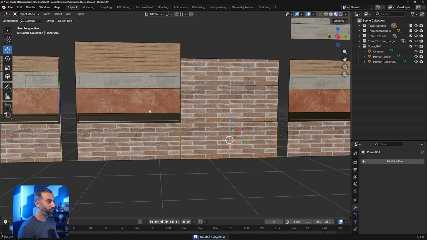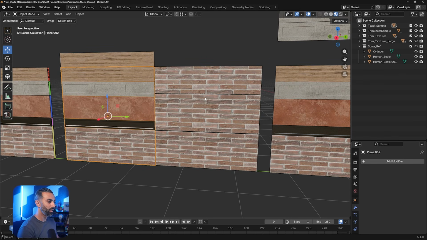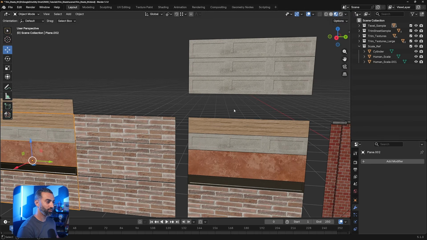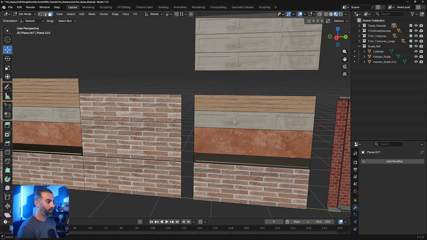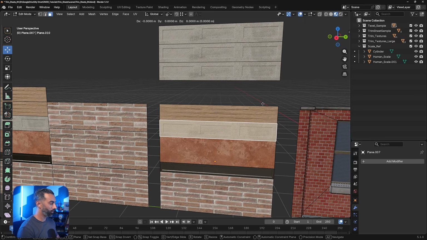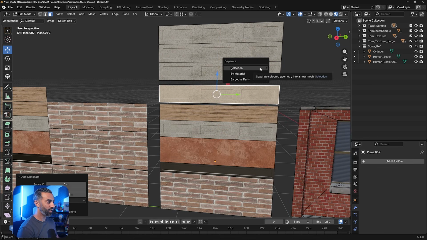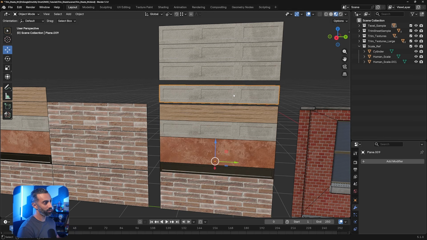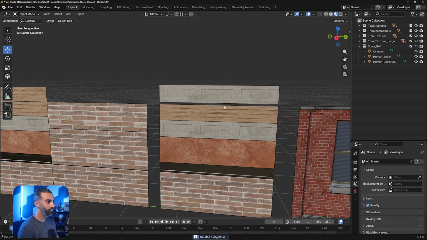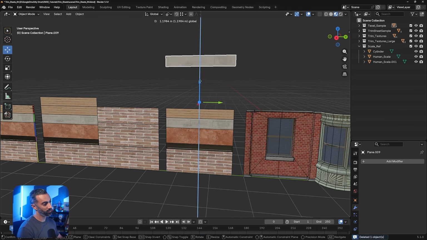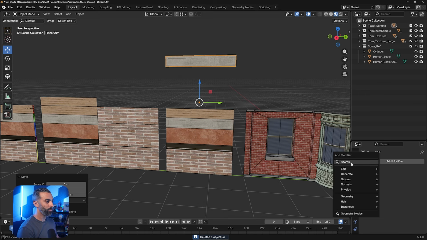Instead, we can build that same type of wall here by grabbing the sections that we need from these horizontal texture sets. So I could grab, let's say, this part, just do a Shift D, move it in the Z axis, and then press P and separate by selection. And so that's how I get this separate piece. So I can delete this example. And if I move this up,